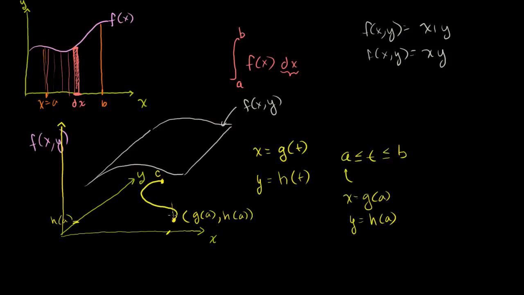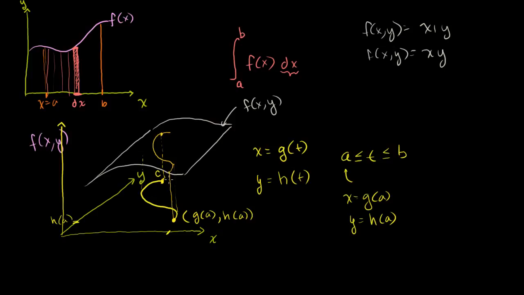Let me do my best effort to draw that. So it's going to go up to there. And maybe this point corresponds to there. And when you draw that curtain up, it's going to intersect it something like that. So if this point right here corresponds to that point right there, imagine you have a curtain, where f of xy is the roof, and this curve I've drawn here shows you the bottom of a wall. And this is some kind of crazy wall. And let me say this point corresponds to